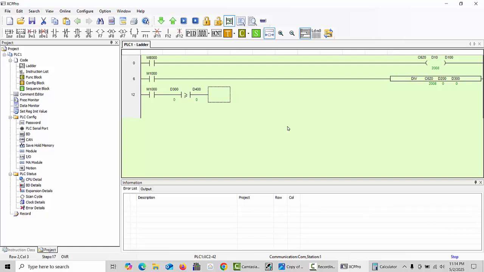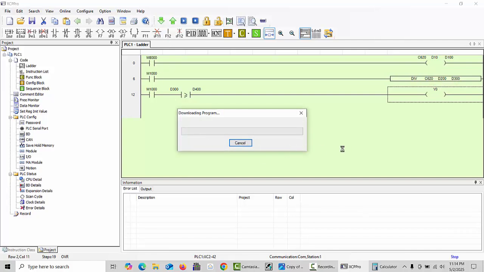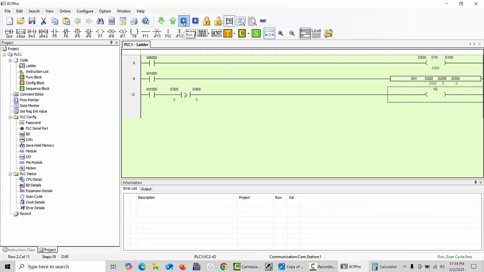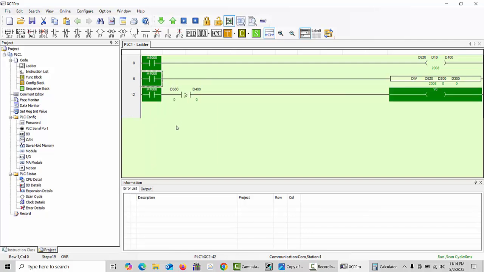After that you can make your output on Y0, for example, and click enter, and again download it into the PLC and make the PLC on. Now you can make M1000 on, and you can see your Y0